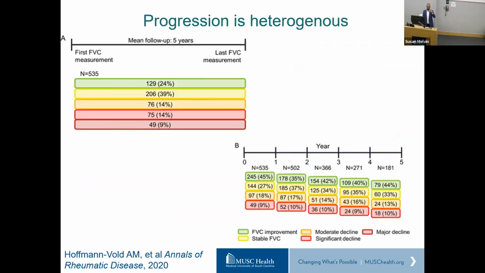And again, this is from the same paper that I showed earlier, showing you the heterogeneity in progressive pulmonary fibrosis, with about a fourth of the patients doing well with stability, then subsequent subsections showing intermediate decline versus steep decline. That's what these numbers are showing in the green to red bricks. And this is the breakdown, a form of alluvial diagram that shows how things have turned over proportion-wise from year to year.